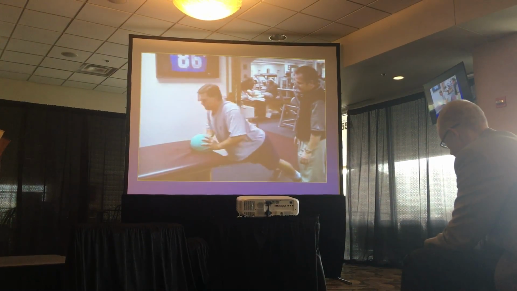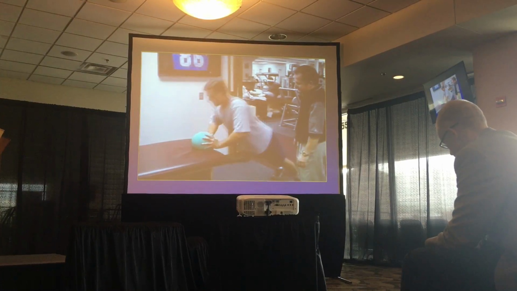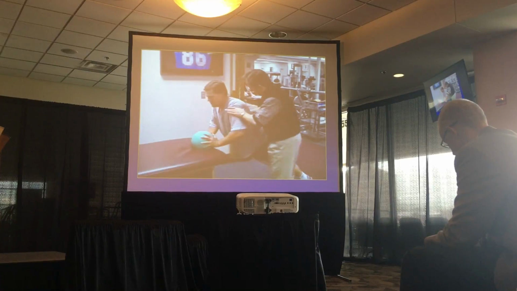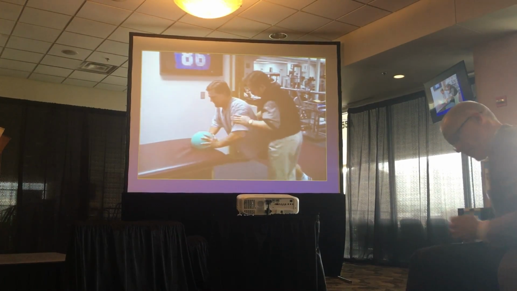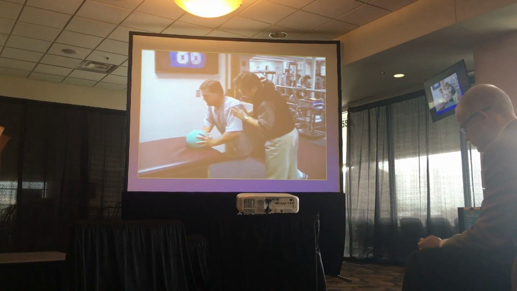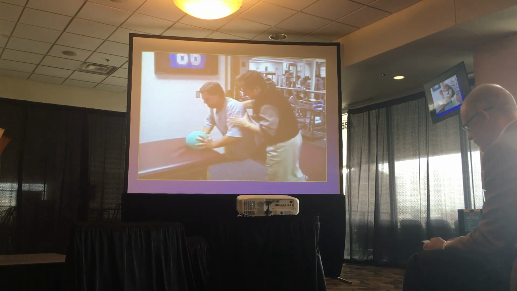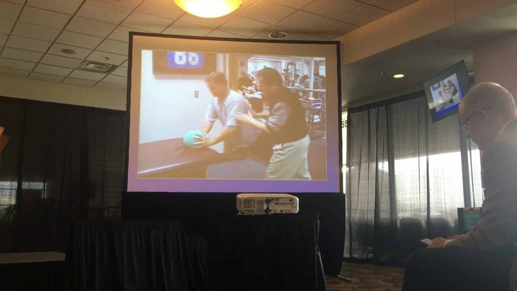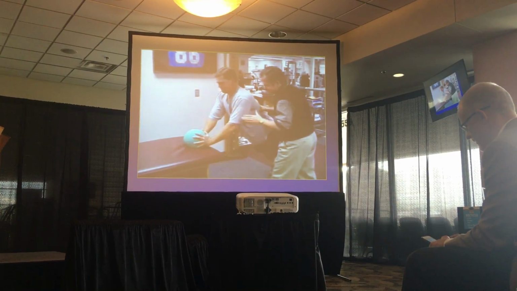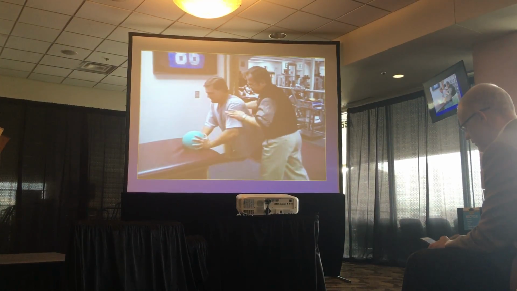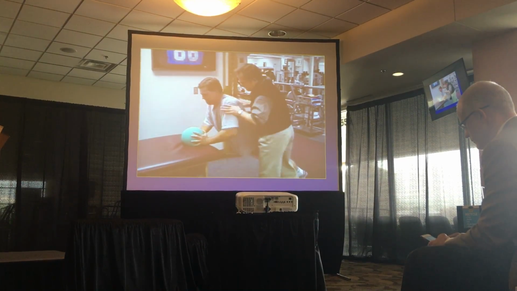So the bottom line is this was something that was done in the Devil Rays organization last year in the minor leagues. If you do a weighted ball program or you have a patient that wants to do weighted ball throwing, the real key with this, and what the Rays showed, is it has to be monitored by somebody that knows something about mechanics. So either a therapist, coach, or a trainer that's watching the person, because when they start throwing